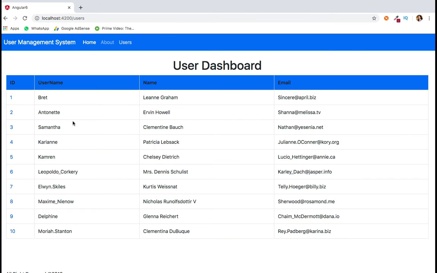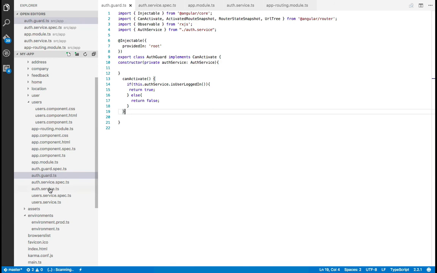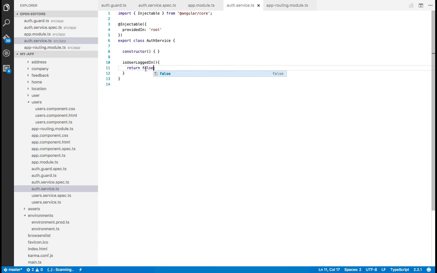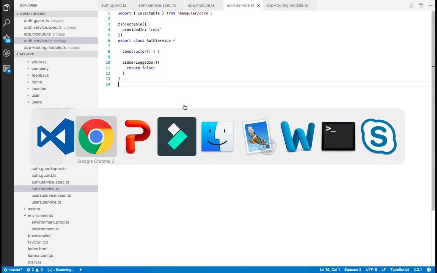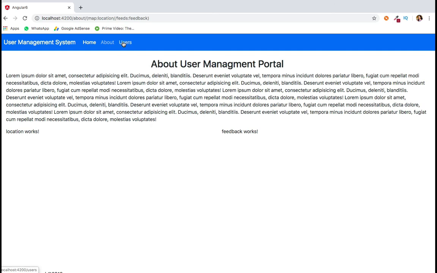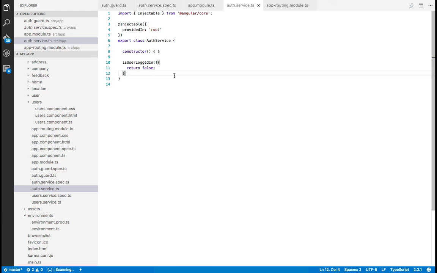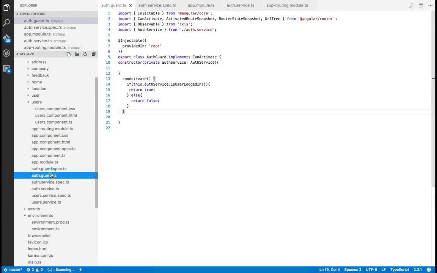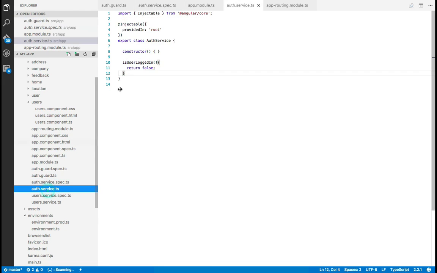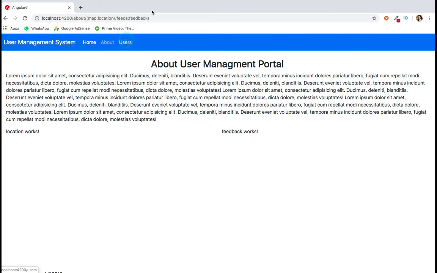And if I set the value as false in the service, it should not work. So if I say return false, you can see we are not able to navigate to the user's route. So implementing guards is very simple. It all depends on the logic which you write here. So in the service right now we are returning just hard-coded true and false. Further, here you can implement your authentication that will dynamically decide whether the user should be able to log in or not.